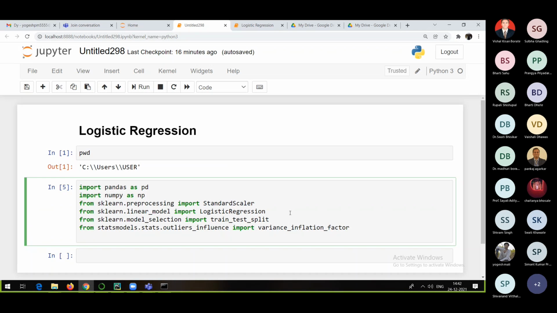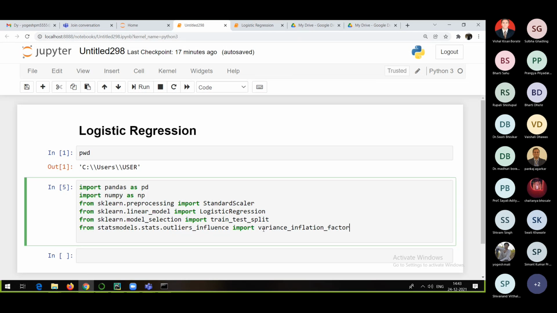So you should not take both the columns, you should take only one column. If one independent column is dependent on another independent column, that means there is multi-collinearity present in your data. And while training a model, there should not be multi-collinearity present in your data, because otherwise your model will become an overfitted model.